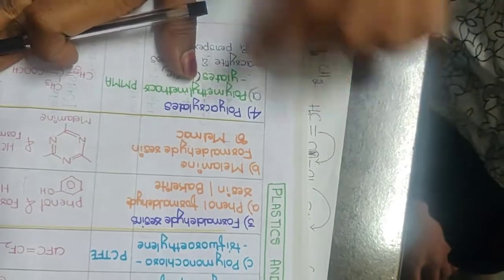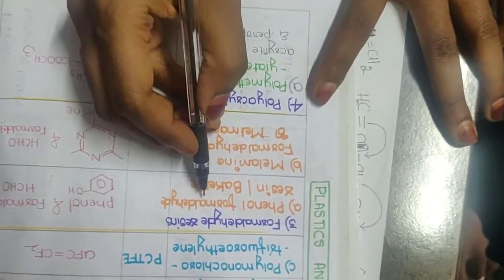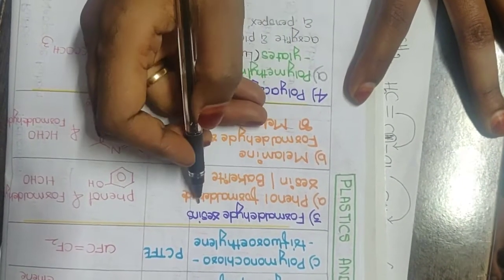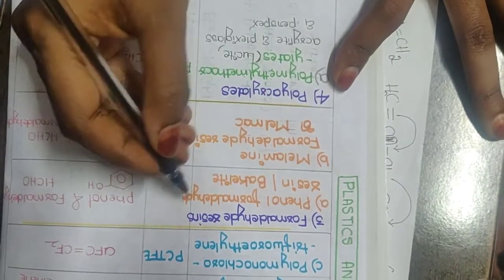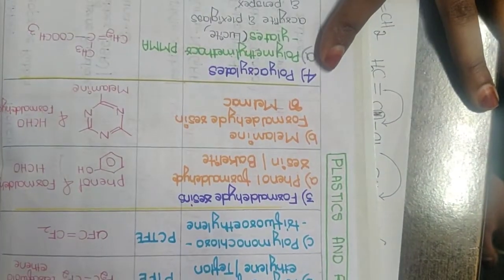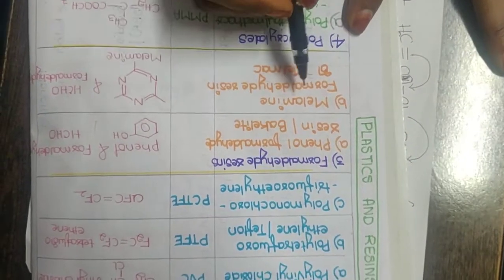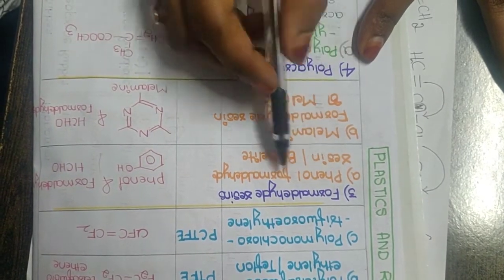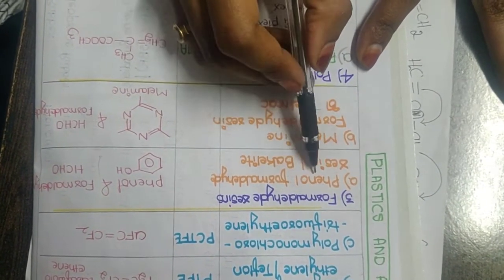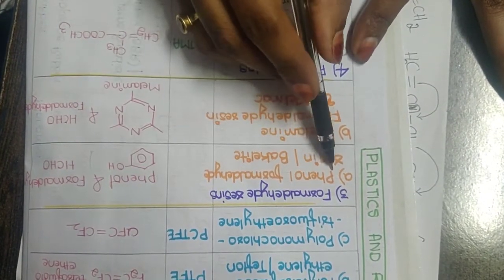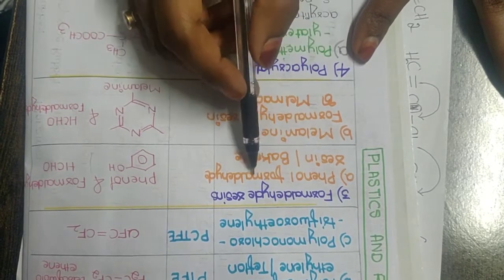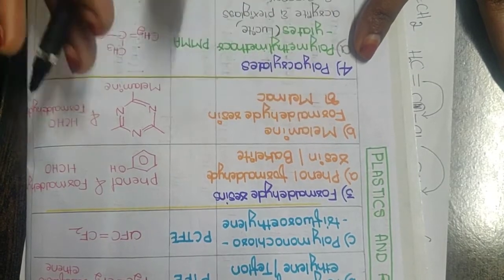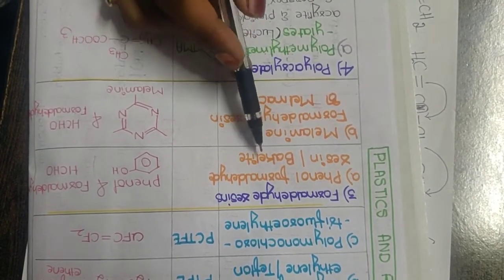Okay, fine. The next is formaldehyde resin. Here you will be using formaldehyde as one of the monomers, therefore they are called formaldehyde resins. We have 2 very common and very important formaldehyde resins, in our syllabus and in our NCERT as well. The first one is Bakelite, commonly called phenol formaldehyde resin. If I split the word, you can understand it has one monomer named phenol and the other is formaldehyde. We end up with a resin, a cross-linked structure, and that itself is called Bakelite.